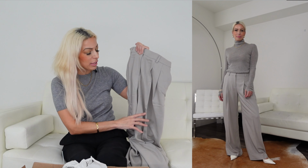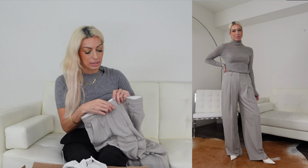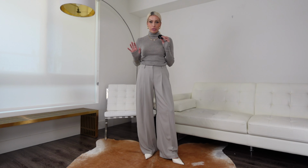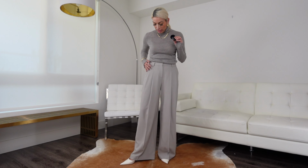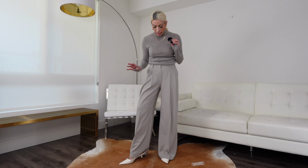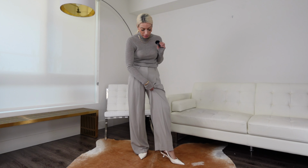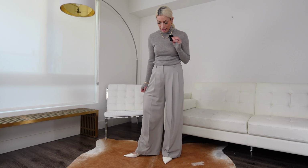I do think the pleated front creates more visual interest and more styling to the pants than a flat front. These trousers are absolutely gorgeous from the front. They are a mid-rise, so my belly button is right here. It's falling about an inch underneath my belly button. From the front, I love the pleats, the drape, the length, the flow of them. They are absolutely stunning. I'd say they're even a little too long for these kitten heels. I'd probably have to go with a higher heel because they are brushing against the floor still, and I'm 5'7"